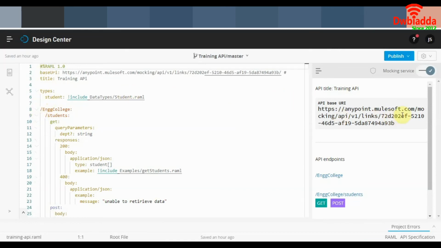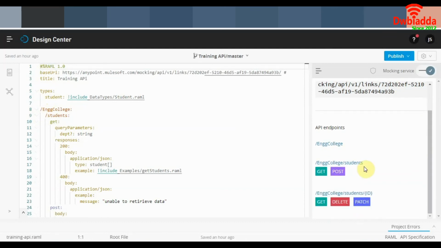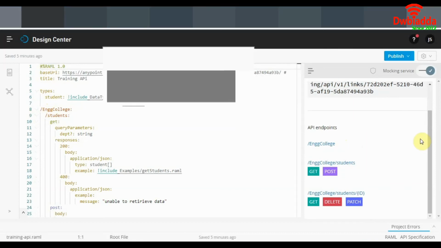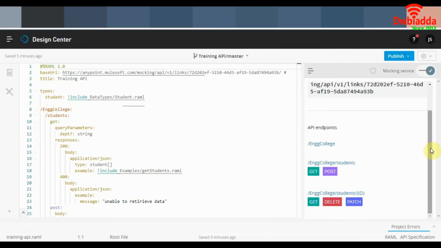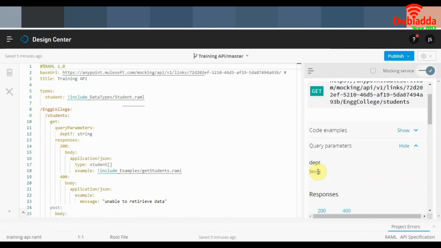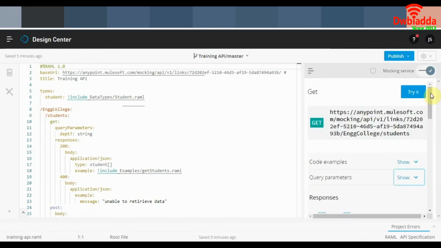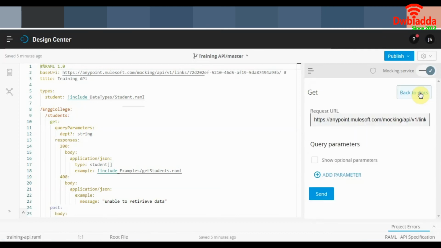What we can use this mocking service for is testing the responses we get when we send these methods to the server. Let's test our API specification and make sure everything is fine. So click on the get method. We'll test the get method here. Click on try it.